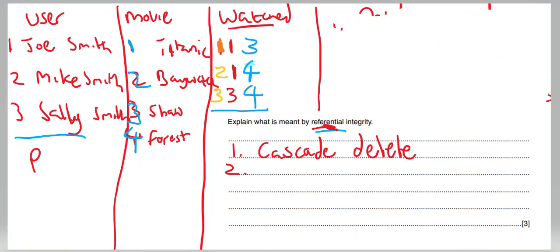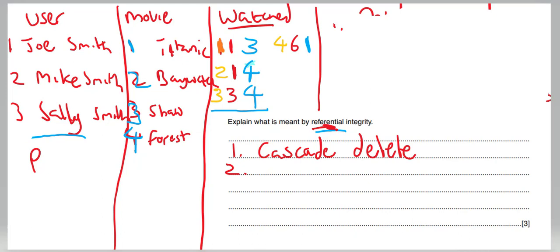Okay, what I don't want to do is add, shall we say, a record to this table unless there's a record corresponding in this table. So for example, I don't want to be adding the 4th movie watched was watched by person number 6 who watched the Titanic, because there's no corresponding person number 6 in the primary